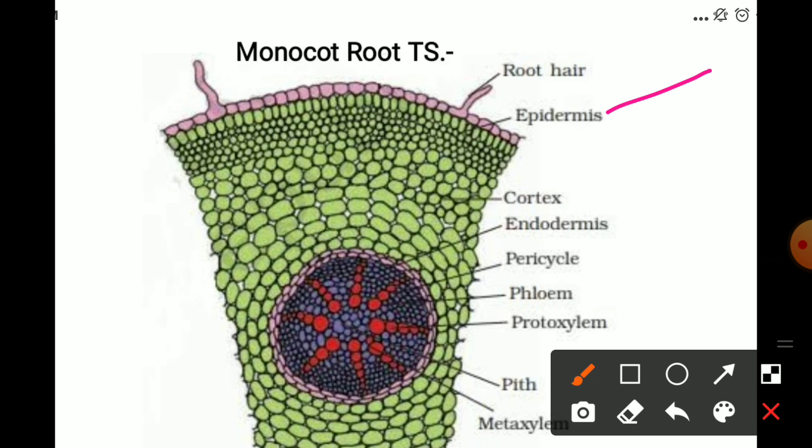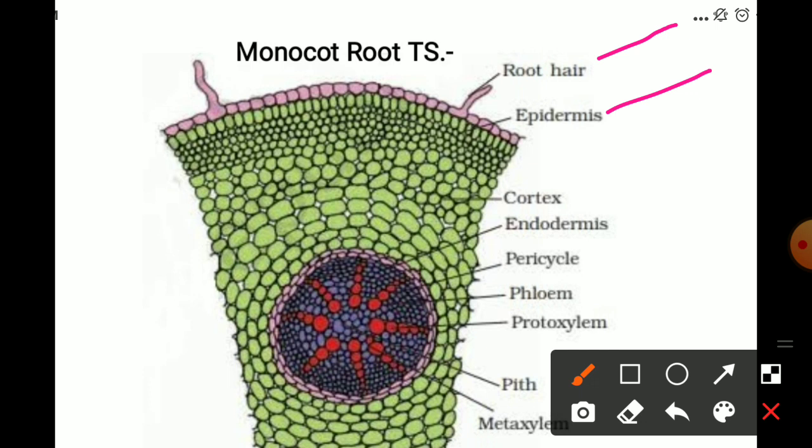Protection is the principal function which the root epidermis, the root epiblema, performs. And this particular epidermis shows numerous root hairs developed. The root hairs look like pili or flagella. Therefore, some people call this epidermis, epiblema, the piliferous layer. In addition to protection, this root epidermis also functions in the absorption of water and dissolved minerals from the soil.